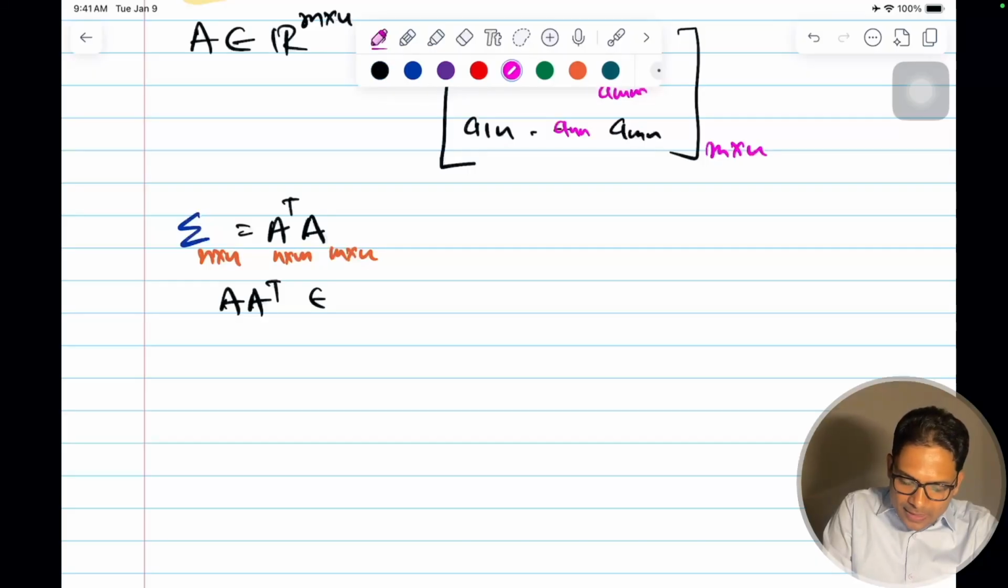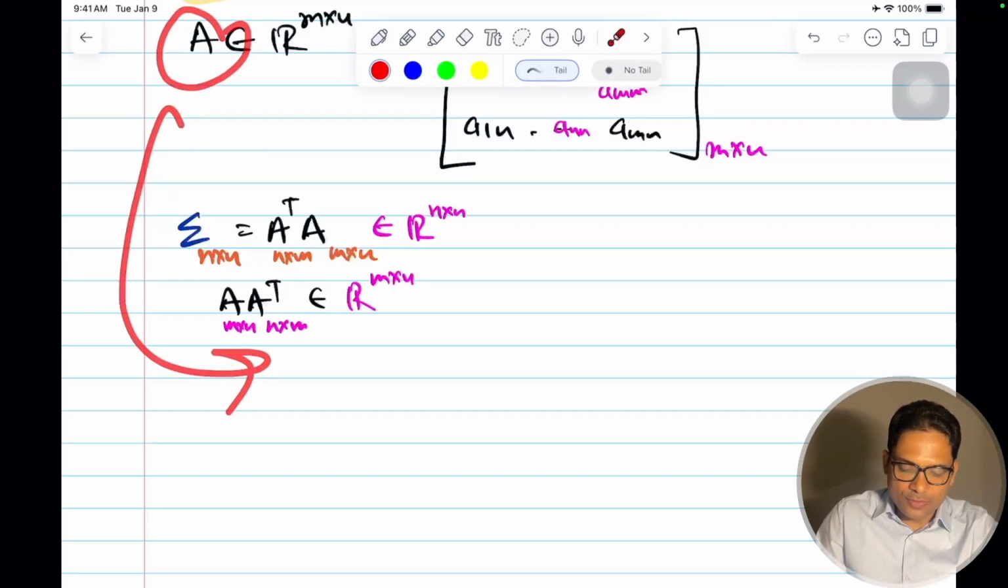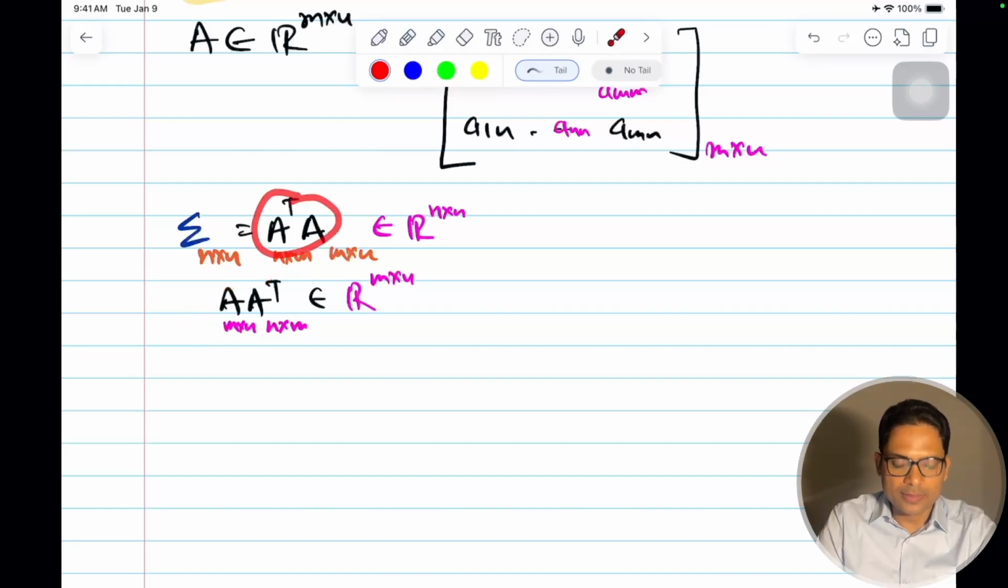So this is m cross n, and this will be A transpose. This will be n cross m. So the inner dimensions match, and this will finally belong to R of m cross n. So now this matrix has been converted into a square symmetric matrix, and now we can use this to